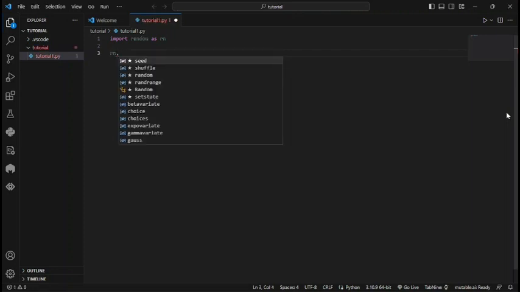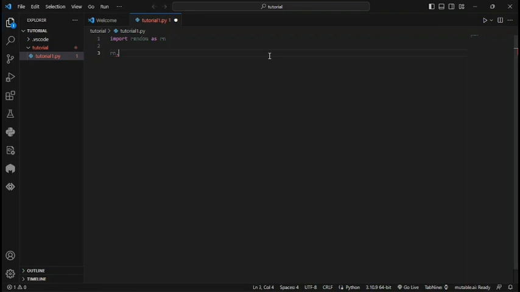Now in your whole program you can use rn dot, let's see the available functions. And the good thing about Visual Studio Code is it shows you all the available functions which you can use, just like this. As you can see,